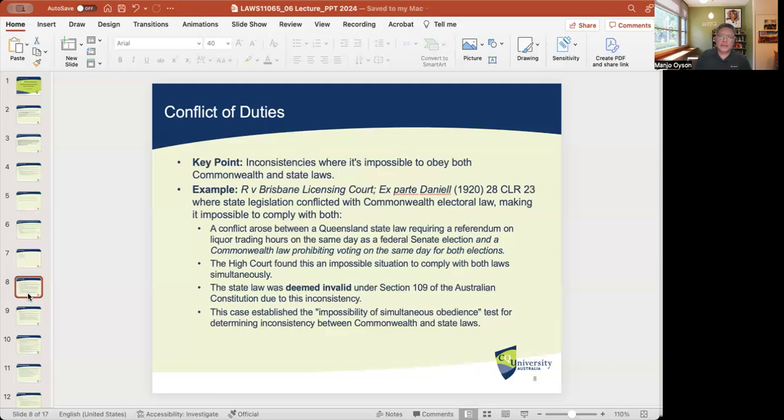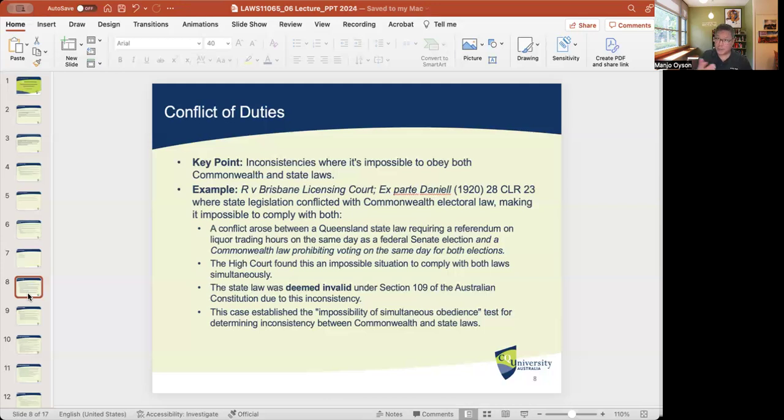Now, in the case of Regina and Brisbane Licensing Court, ex parte Daniel, in this particular case, a state law conflicted with a Commonwealth electoral law, because there had been a Queensland state law that was passed, which required a referendum on liquor trading hours. But on that same day, there was a federal election that